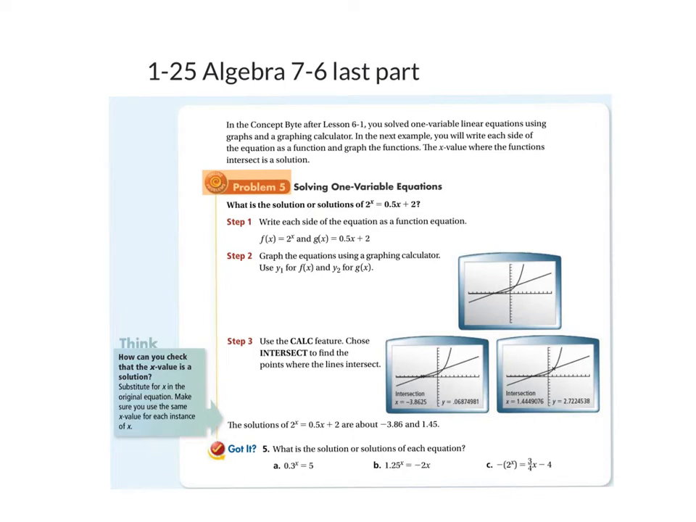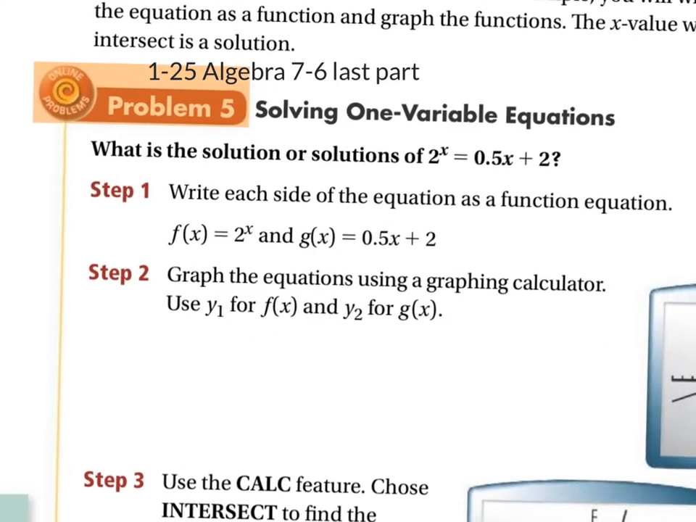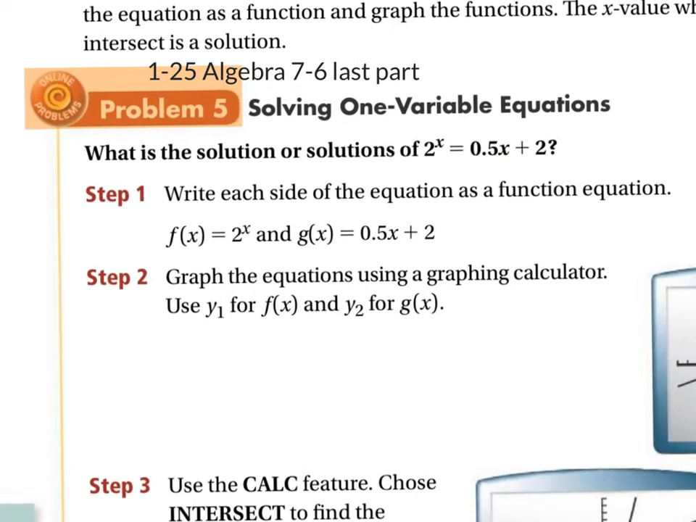Finishing up lesson 7.6, if we look at problem 5, what they're asking us to do is to solve one variable equations. So on problem 5, they're asking what's the solution or solutions of 2 to the x power equals 5/10 x plus 2. There are ways we could maybe solve this out. Otherwise, you will learn some other strategies in high school, but for now,